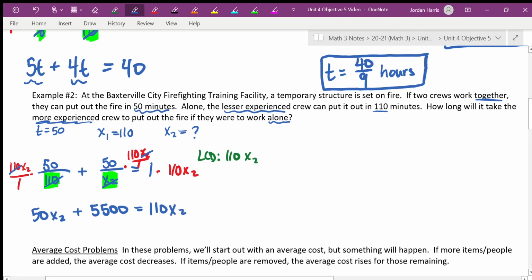Okay. Then I need to get the x's on the same side, so I'm going to subtract 50x2 from both sides. So I move it over. So I get 5,500 equals 110 minus 50, which is 60 x2. And then I just divide by 60. I'm going to write the x2 first. So this side first. So x2 equals,